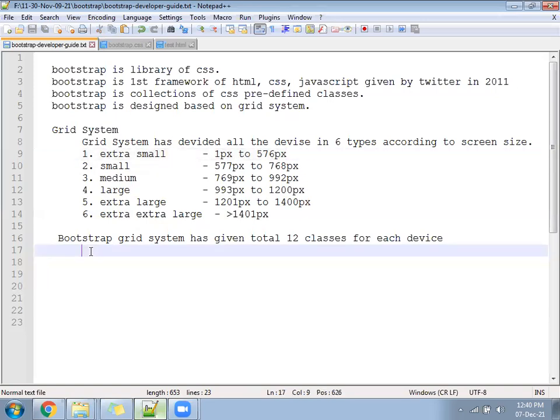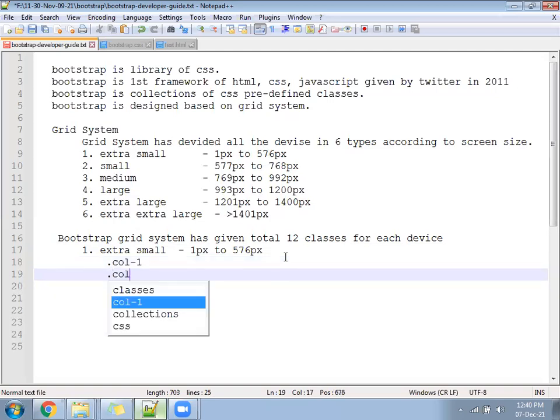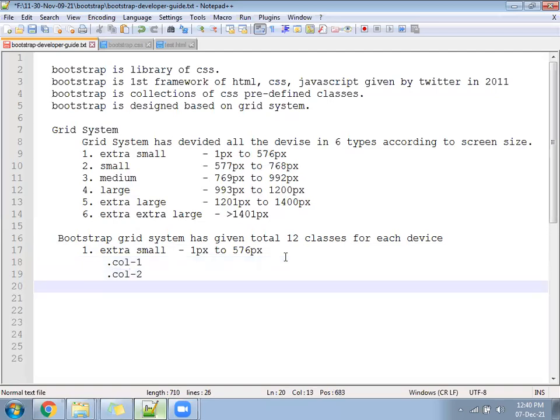For extra small, we have a list of classes like this. You can write dot col-1, dot col-2, dot col-3.